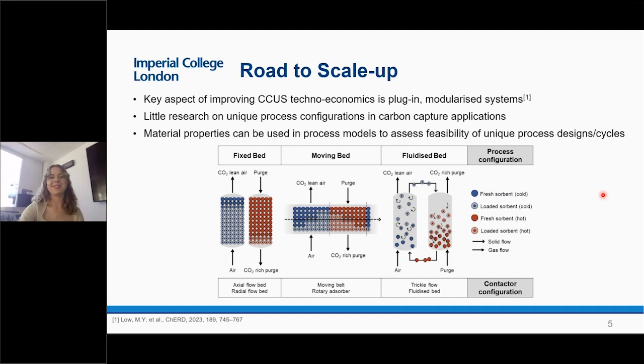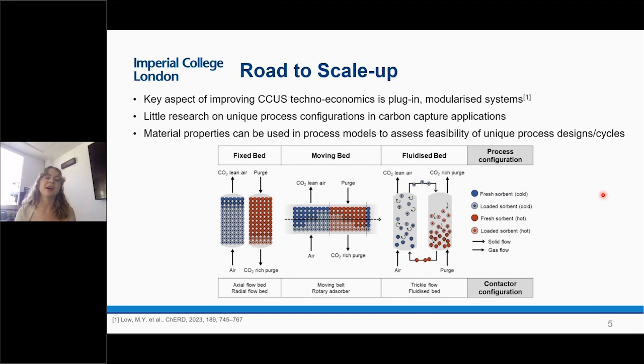I'll just speak to this slide and then hand back to Ashlyn. As part of scaling up, Ashlyn's just discussed the material properties that are important for process modeling. And a key aspect of scale up that has been mentioned by the International Energy Agency is providing plug-in and modularized systems, so processes where these sorbents are actually capturing CO2,